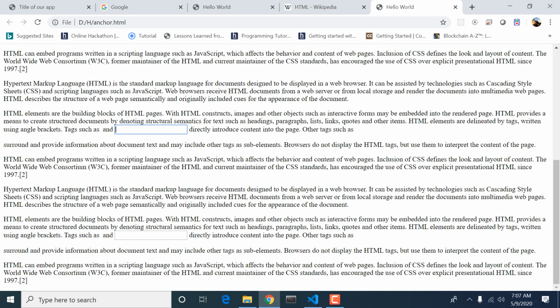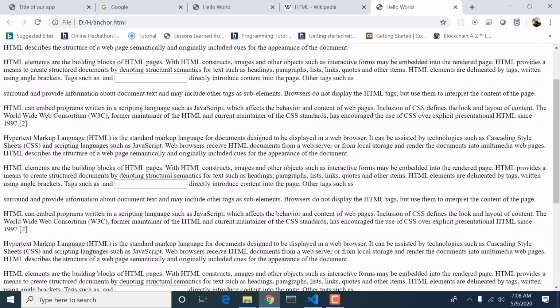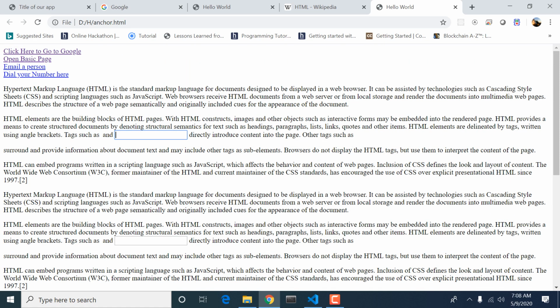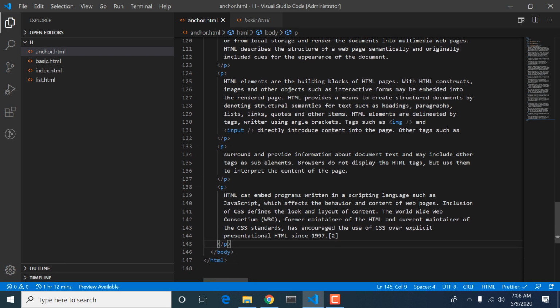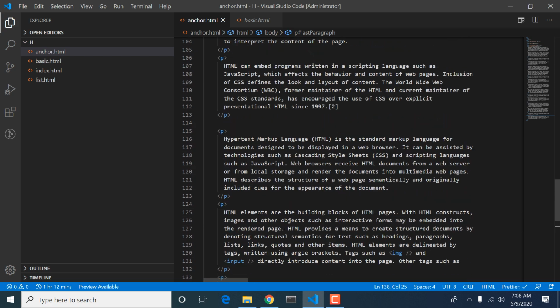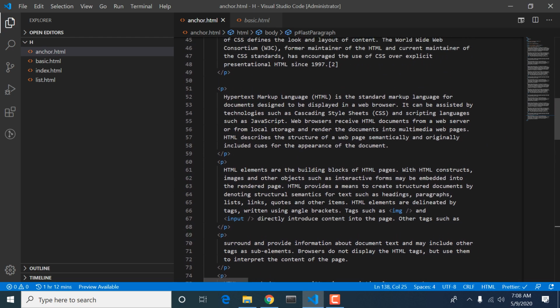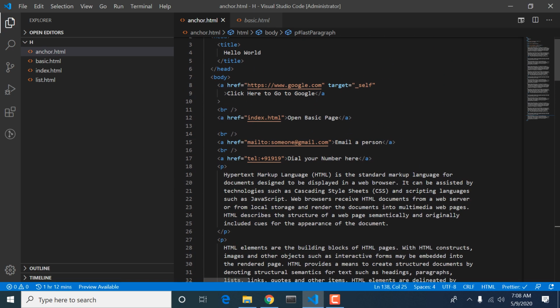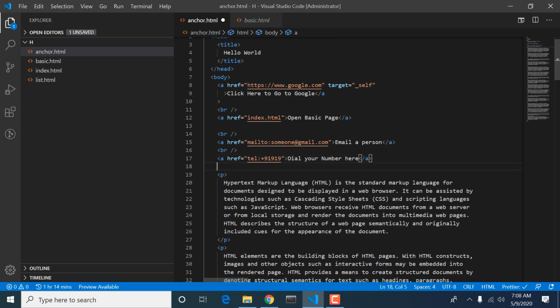So these are the input elements that we are going to cover next. Inputs and buttons. Okay, so in the last paragraph, I will give this an id, last paragraph. Okay, and we have set here our anchor href.